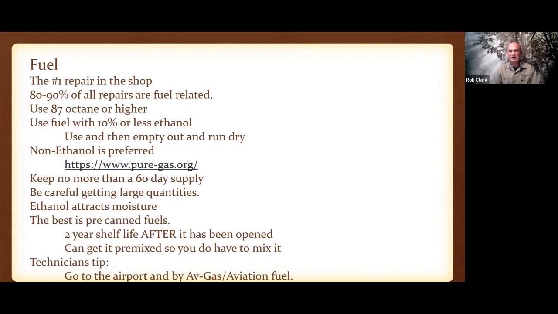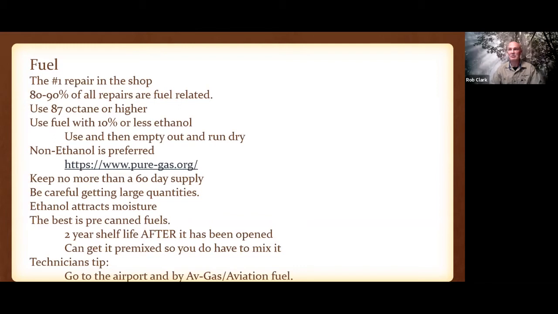When you buy it, you can get it pre-mixed, so you don't even have to mix it with oil. You simply open the can and pour it in. It's very, very convenient. The problem with it is it's very expensive also. You pay quite a bit of money for that. Most of the major brands who sell it are running about $30 per gallon. The convenience is you simply come into the shop and you buy it and then you go home and use it. The bad part is it's too expensive.